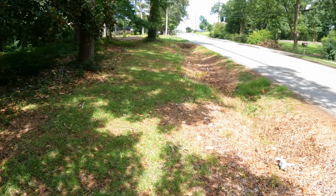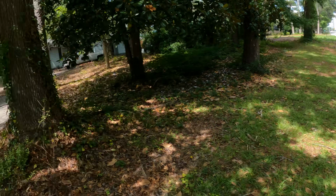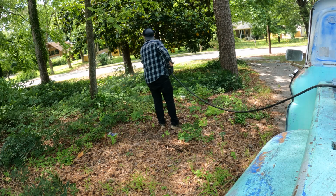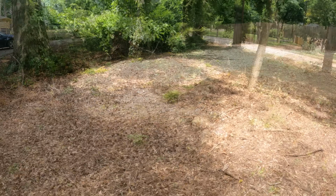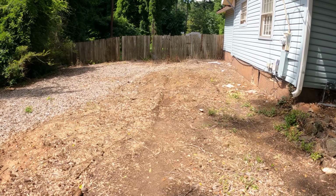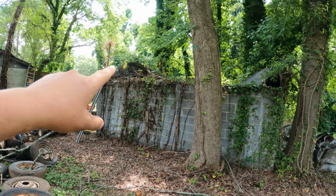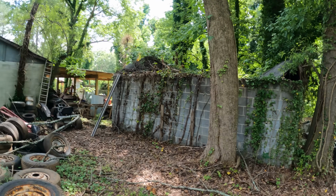So here at the ranch, it did clear out this easement drainage ditch. You can see how much trash is in there. It seems to have definitely made a dent in the ivy and wisteria that was growing in this area. Definitely took out a ton of poison ivy. It seems to have taken out all the poison ivy in this area, and you can see around here it even killed the ivy that I got really well and some of the crazy stuff on this collapsed building,